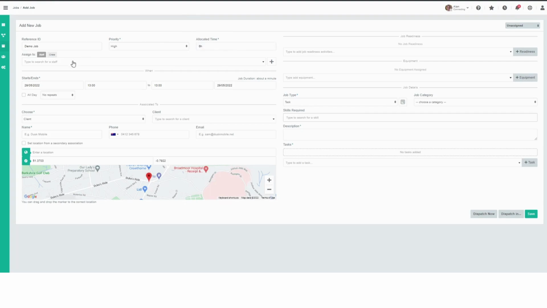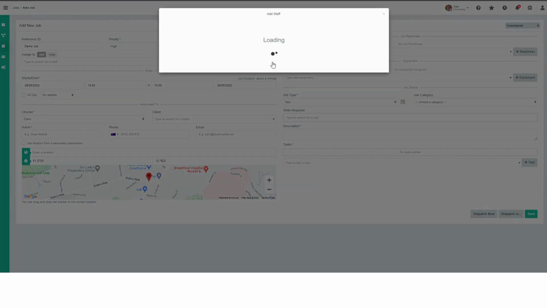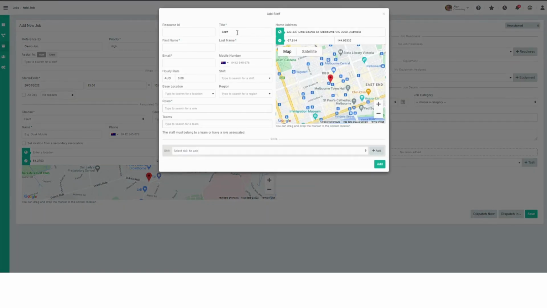If you set up some staff in here already, you can choose them from the list. If you haven't, you can click the plus button here on the right-hand side. This opens a window and the required fields in here are the title, the first name, the last name, and email. Down here, you also need to assign a role. There are predefined roles in the platform, so field staff and mobile app users. If you enter a mobile number here, you can then send the app straight down to that user by clicking the black Send the App button here. In our case, we've already got a field user set up, so we won't bother adding them in here.